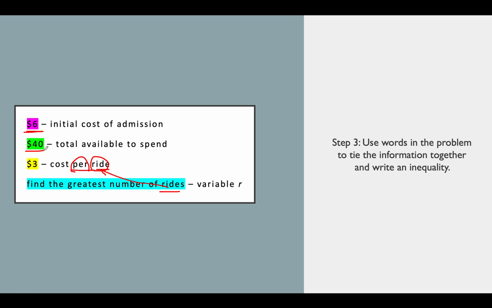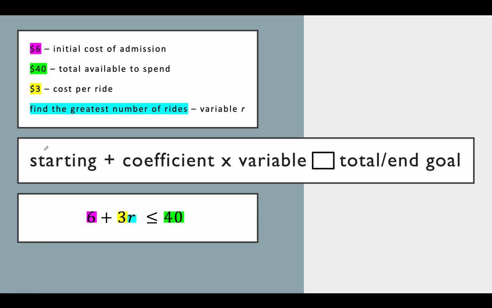The other way you could think about it is, the total that she wants to be able to spend at the end of her time at the state fair. So we have our starting number, which is $6 for admission, plus the cost per ride, which is $3. The number of rides, this is what we're trying to find, the number of rides that she can actually go on